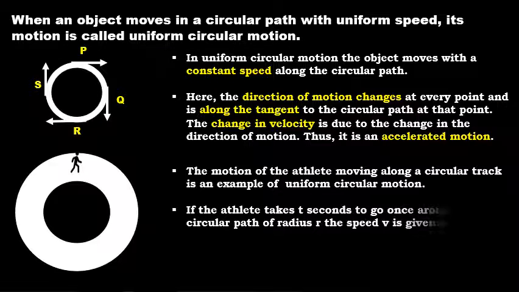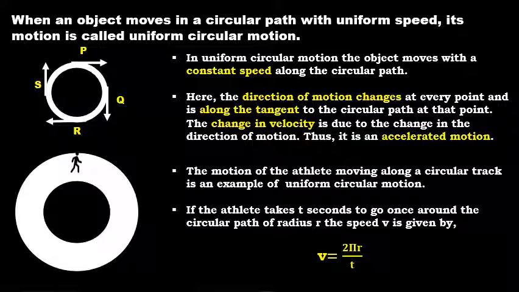And suppose the athlete takes a time of t seconds to move around the circular track or circular path of radius r, then the speed of the athlete is given by 2 pi r upon t. So the speed v is equal to 2 pi r upon t. Why? Because speed is always given by distance upon time, right? So here the